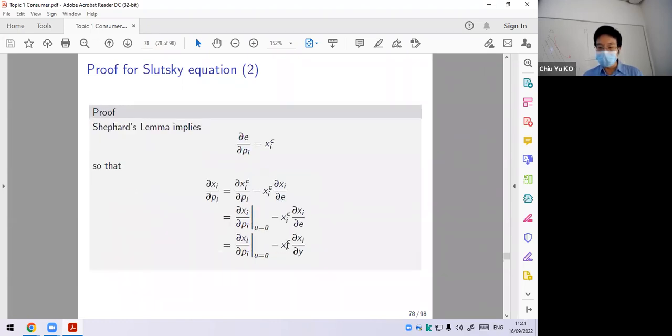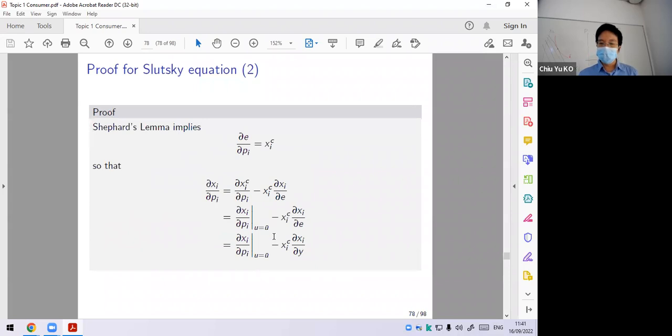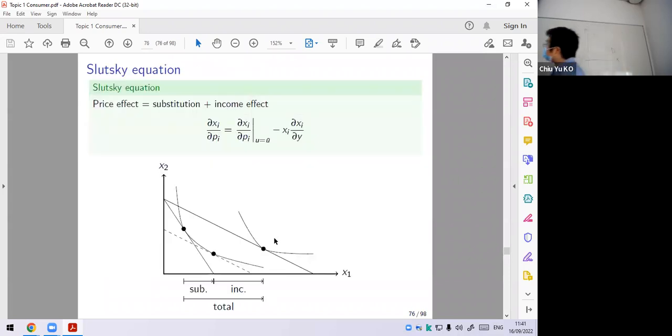The final step involved is how to change this Hicksian demand, because at the optimal compensated demand, this utility can be replaced by the indirect utility function. In that case you can replace it by y, so that's why you can do things without Hicksian demand. So just at the end, replace this. Of course you would think all this is very technical, but the Slutsky equation is basically talking about